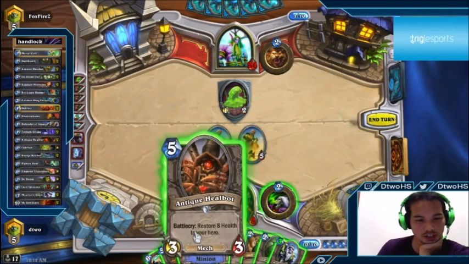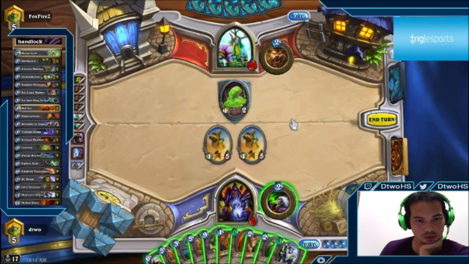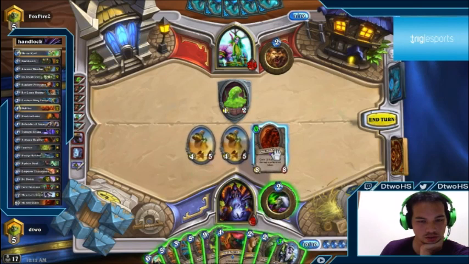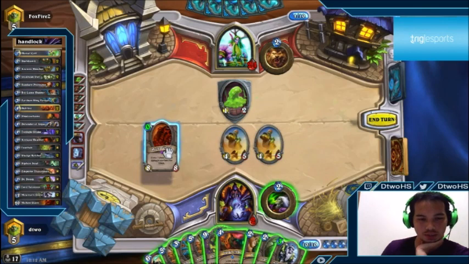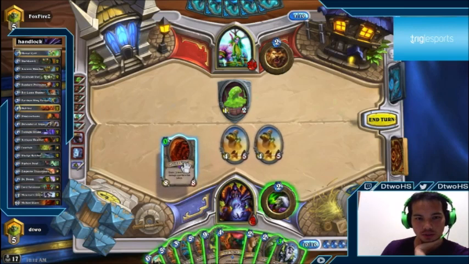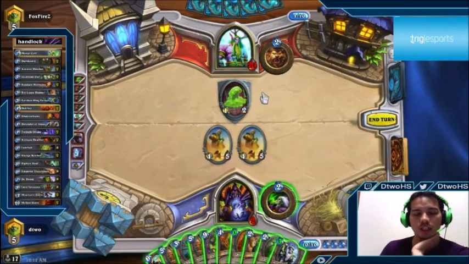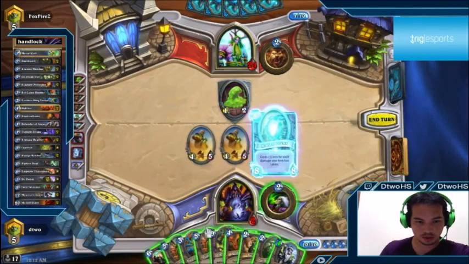So what's better here? I could go up to 18, and if he has combo... Well... I feel like I'm pretty far ahead, so it's better for me to just heal as much as possible. If I go up to 18, he doesn't have lethal with combo, because he has 14 plus that, which is 17. So...